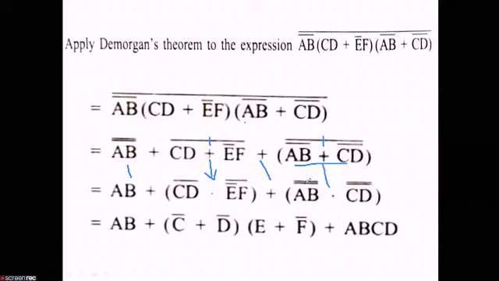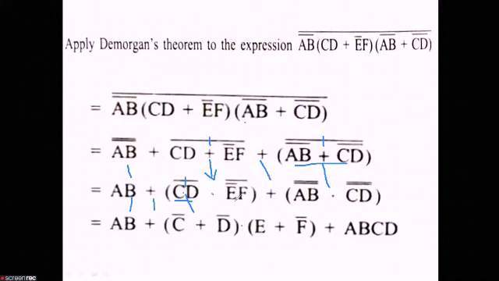This is A double bar dot of C double bar. Next, this A bar is coming here, this plus is here. Again you can apply break the line and change the sign. As this is a bar here, break the line here and change the sign. There's a dot here, so it will be changed to plus here. That is C bar plus of D bar. Next there is a dot here, so the dot will be here. Again this dot will not change. Why? Do you know? Because there is no bar here. Already this is a changed sign from this plus sign. So keep the dot here.